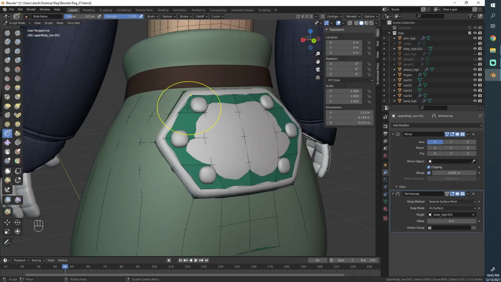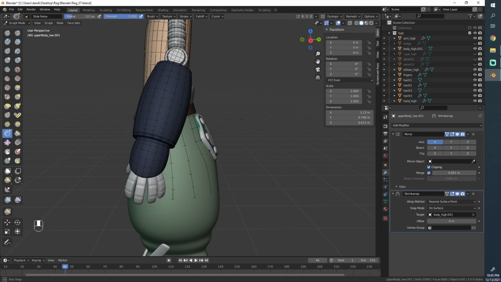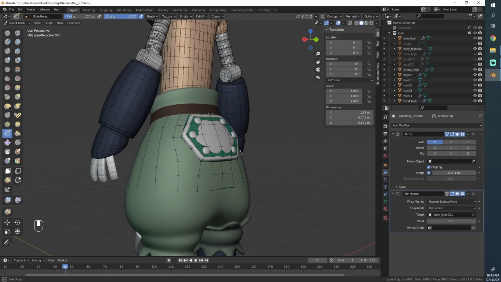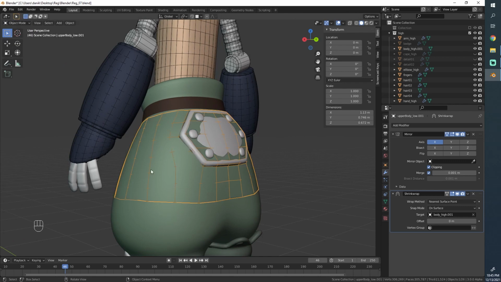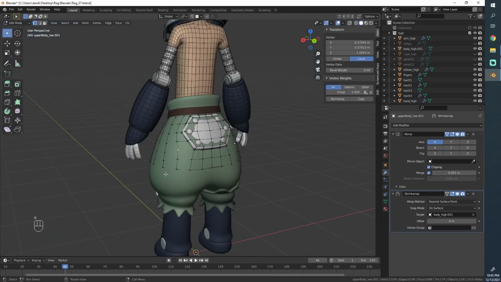I was thinking, should we maybe separate the entire plate after all? I think that's so tricky. No, we'll keep it together. Let's keep it together here.